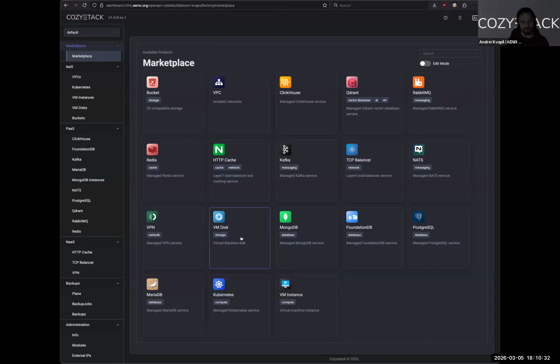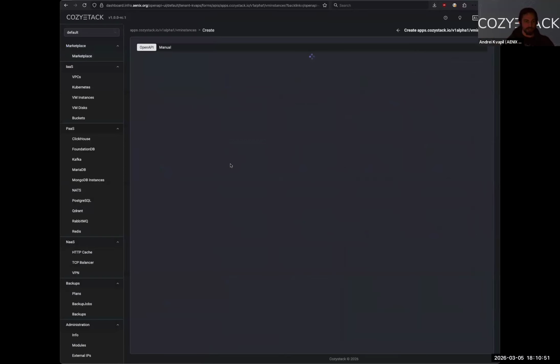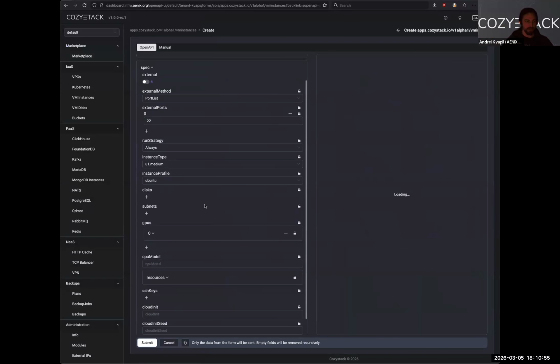For example, you can create images from Ubuntu cloud images or any other distributions. You can upload an ISO, and on top of them, you can create a virtual machine instance, which will just execute them. Of course, the virtual machine instance supports passing through GPUs, but that was there even before.